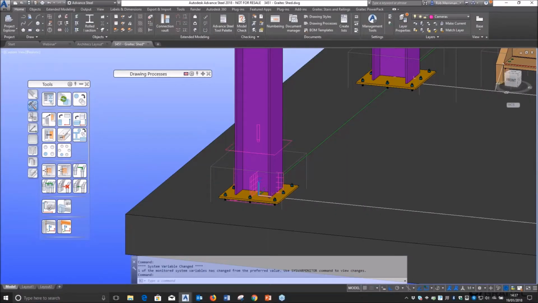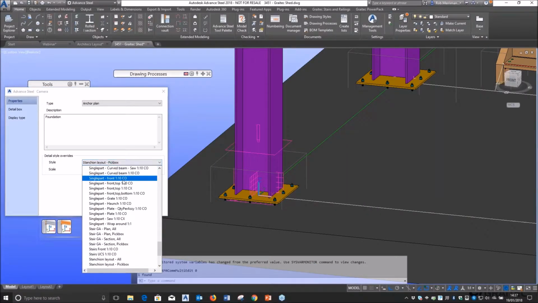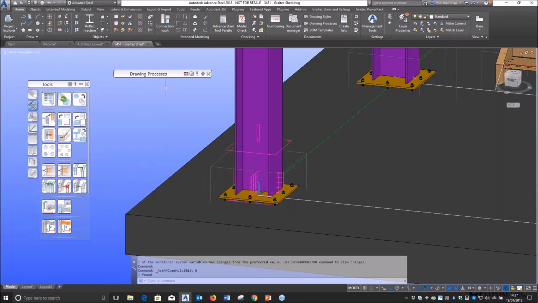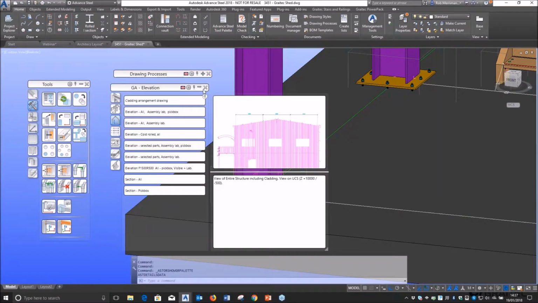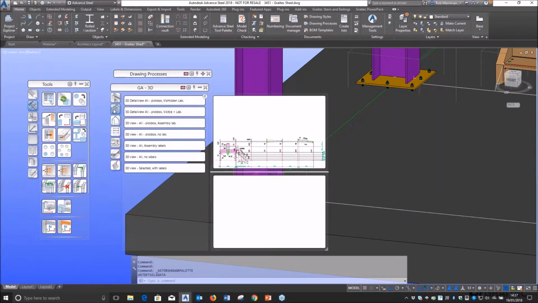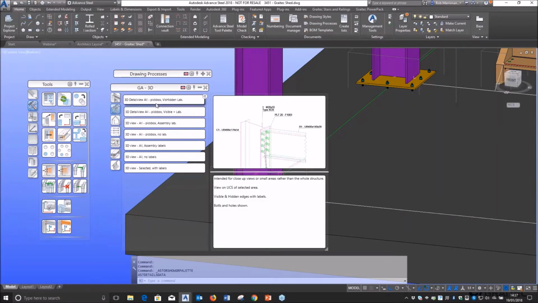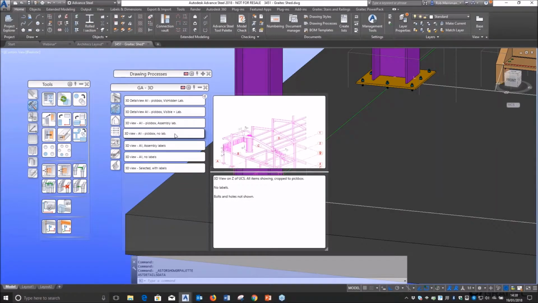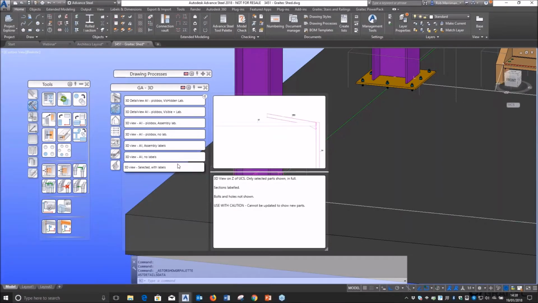Now to know which camera we want to be running and what it'll show, from the list you guys know that there's a lot of different styles in there. If you click the drawing style palette and expand it, you have a little flyout here which will give you a description of what shows. So if I go to my GA 3Ds, you can see in here that it'll tell you if bolts and holes are shown, if they're shown as hidden or not, if they're labeled or not,